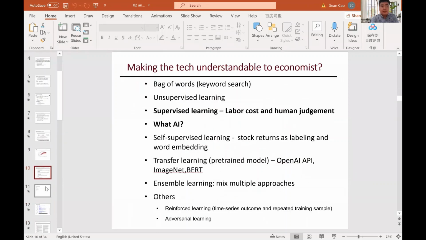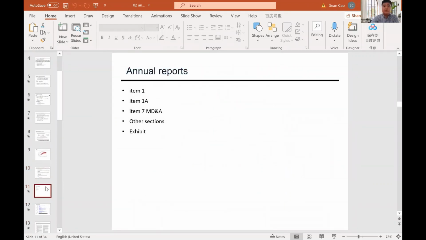And also we talk a lot about Item 1, Item 1A, Item 7, and other sections. So I want you guys to know what Item 1 is. Item 1 is product description. What is Item 1A? It's risk disclosure. What is Item 7? It's a discussion about everything. So you should be able to understand the content of the 10-K, and more importantly, how exactly we use the